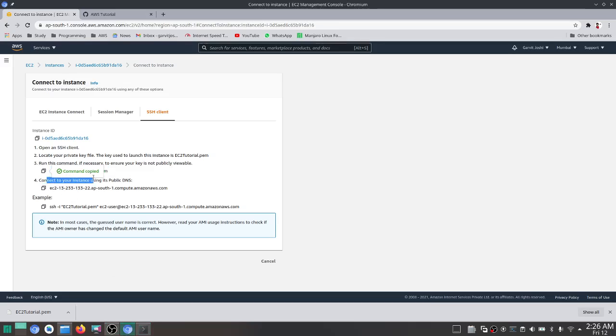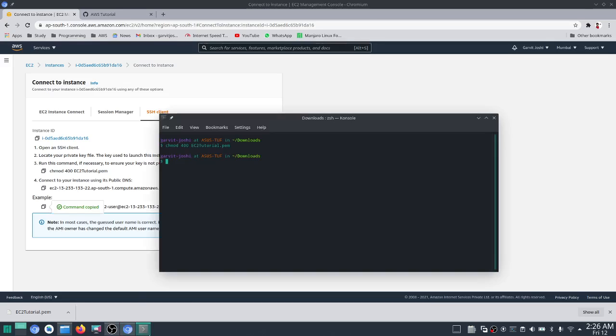So I'll enter this. Now I'll be connecting to the instance through my public DNS. So this is my public DNS and the command that I'll be using is this. I'll copy this and paste it here. This means that through an SSH client I'll be connecting to my EC2 instance, with this public DNS, through this PEM key. So I'll enter, and as you can see, now I have logged into my Amazon Linux 2 AMI. So now I can run any command that is available on Linux.